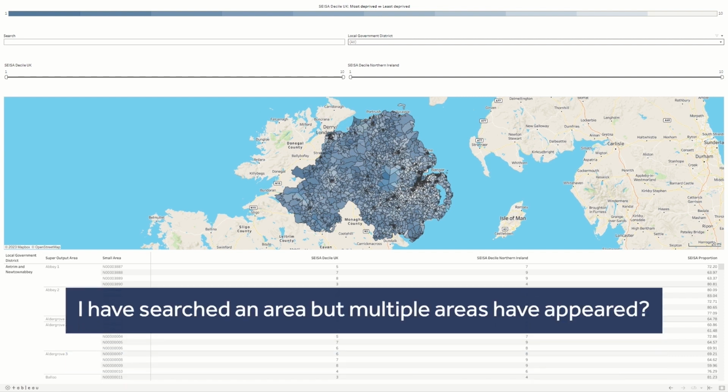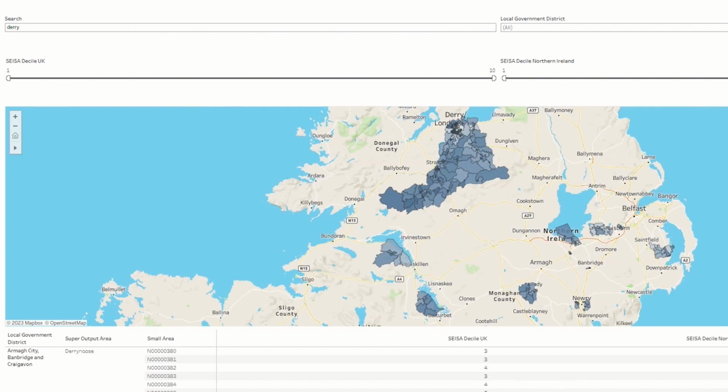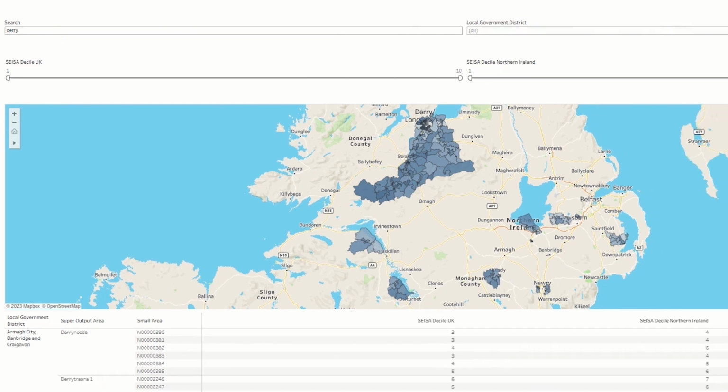As stated earlier, there will be occasions where your free text search is identified as existing in multiple locations across the country, resulting in your map not zooming in as expected. For example, Derry. This is because there are likely to be numerous areas across different parts of the country which feature the word you entered in the free text search field within their name. The search tool searches for the word, so if more than one place has that word in its title, multiple localities will be returned. This will be the reason why the map may not zoom into the area you expected.